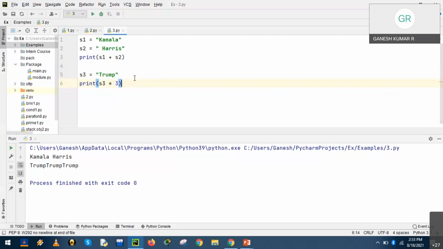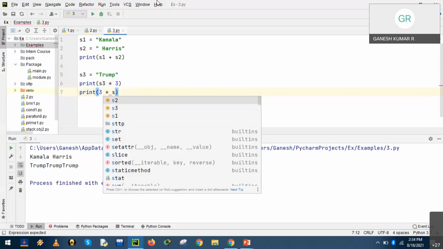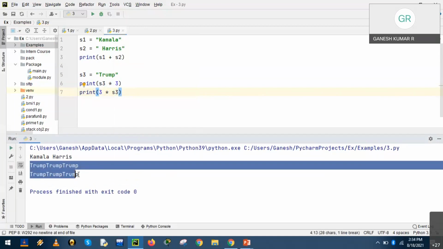I'll check with another example: 3 into S3. Run the program. Have you noticed both outputs are the same?